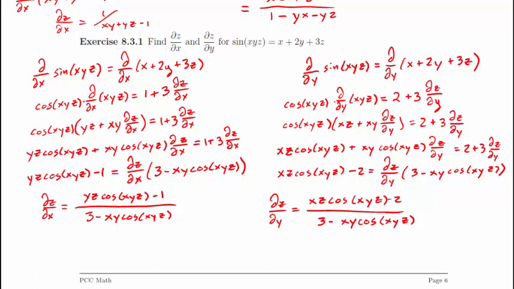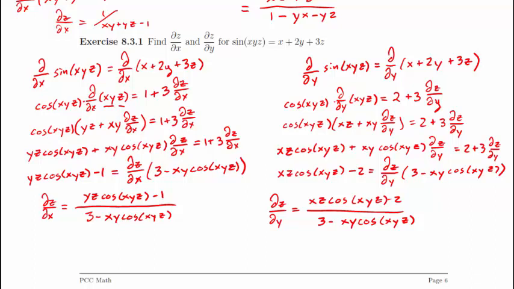The derivative of sine is cosine of xyz times the partial derivative with respect to x of the inside, xyz. We're going to have to use a product rule. And just so you know, I'm going to think of xy as the first and z as the second. In fact, let's do that right now before I work on the right side. So on the next line, I have the cosine of xyz times